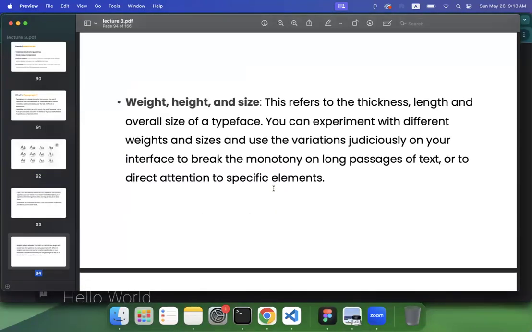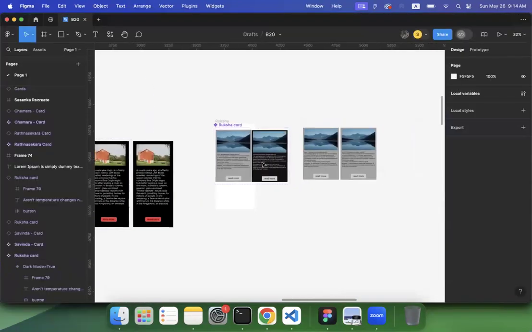Weight, height, and size. This refers to the thickness, length, and overall size of a typeface. You can experiment with different weights and sizes and use the variations judiciously on your typeface to break the monotony on long passages of text or to direct attention to specific elements. So in here, let's say